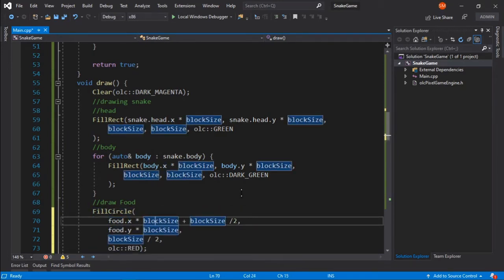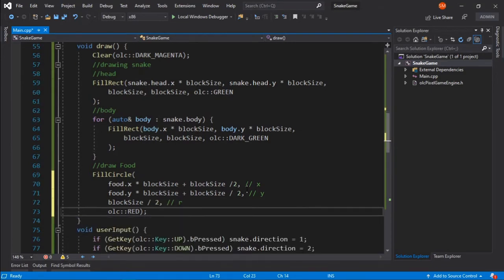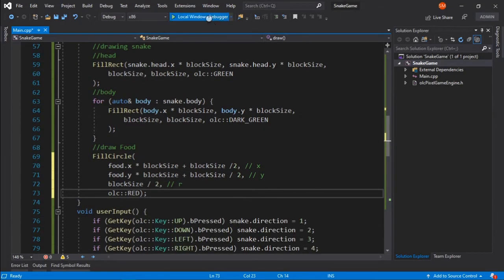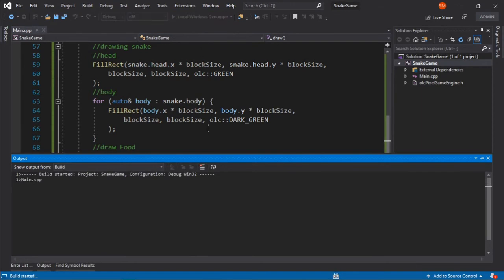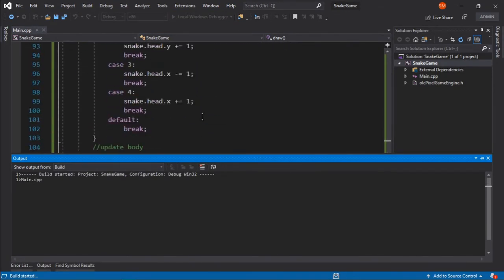So here also I will put this box size by 2, and this is for x coordinate, this is for y coordinate, this is for the radius, and this is the color by which I am filling the food. So now if I run this code, it should actually do everything properly.